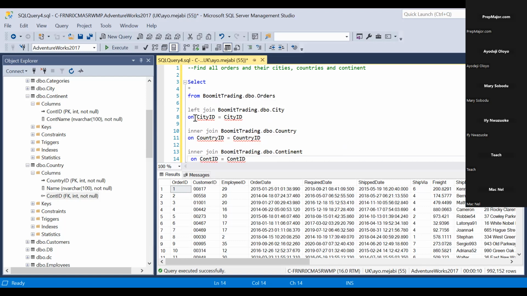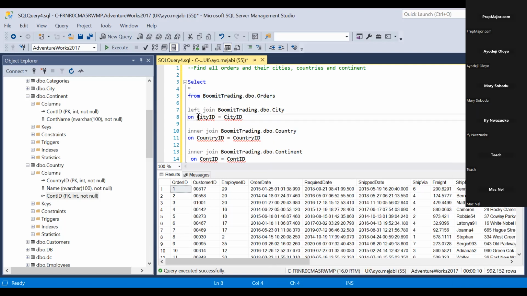Now, look, so basically I want to join order to city, yeah? And we know that these two columns are the same. Do you understand? You understand? Yes. So now I have to specify that this one is from order, this one is from city, or this one is from city, this one is from order, yeah? So I have to go and write the entire name of the table and say, look,